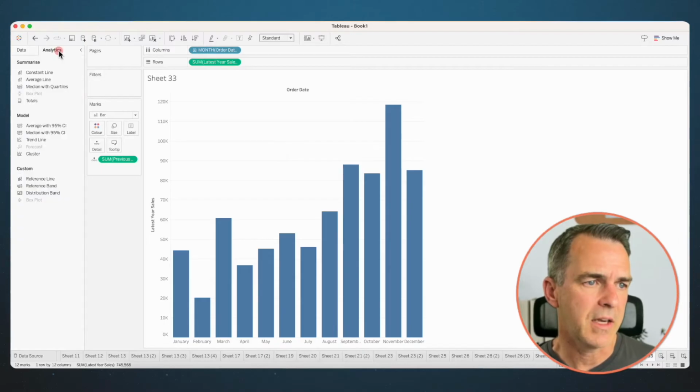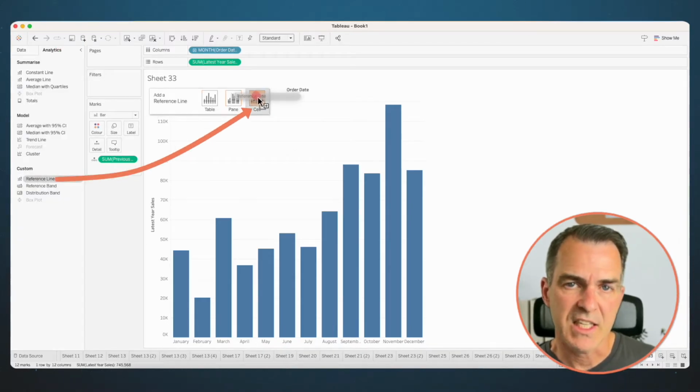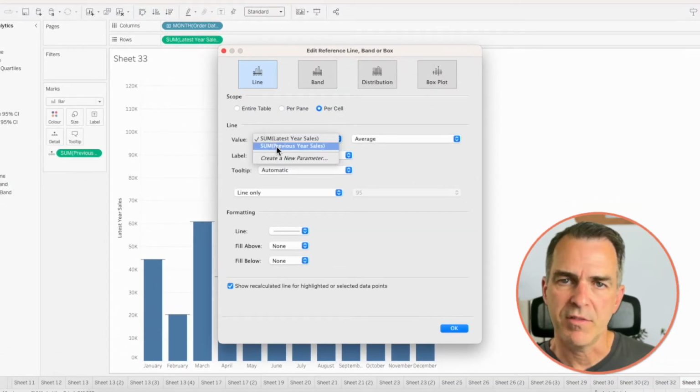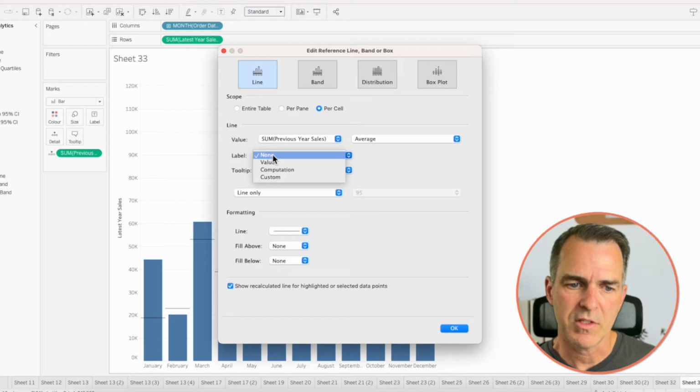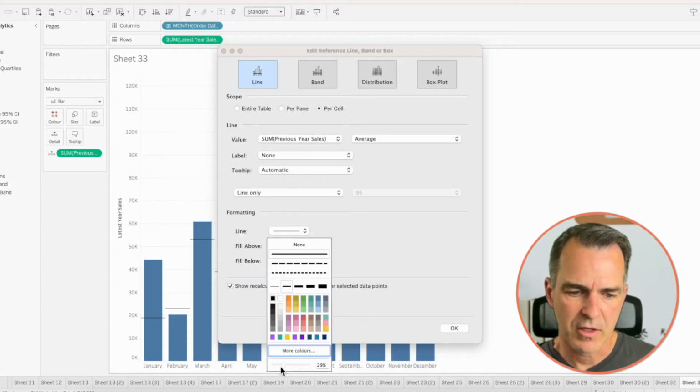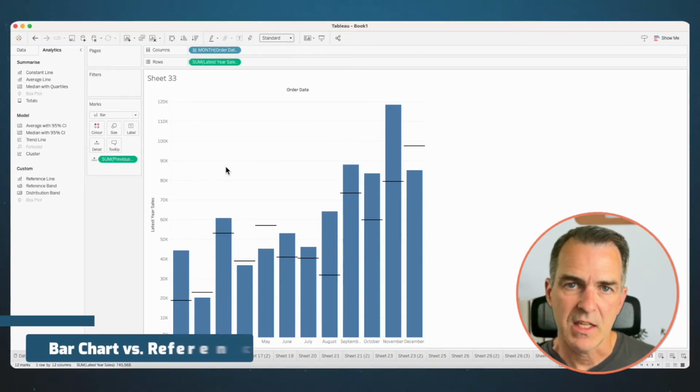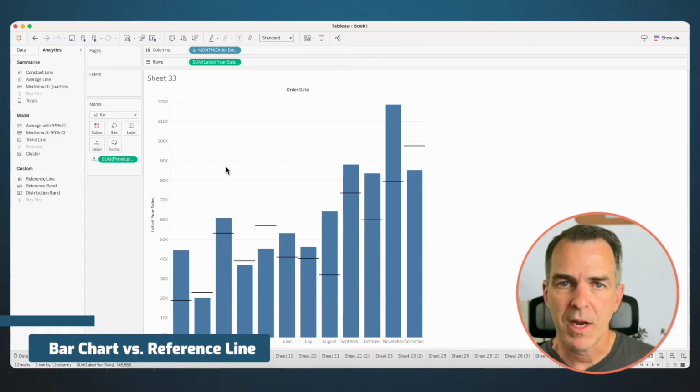On the analytics pane, drag on a reference line for each cell. That means we're going to get a reference line for each month. In the value, change it to previous year sales. Make sure the label is off. In the formatting, increase the opacity to 100%. Untick the Show Recalculate option. Click on OK. And now we can see the sales for the latest year compared to the sales for the